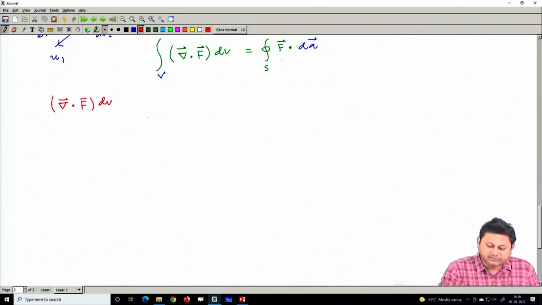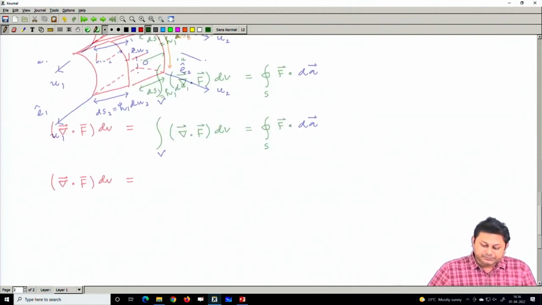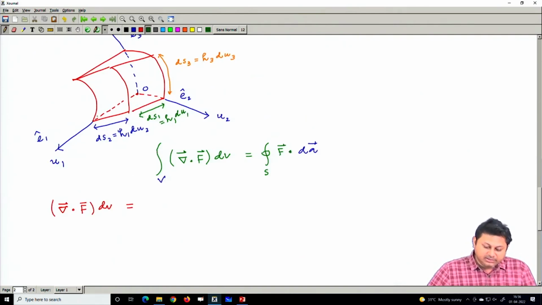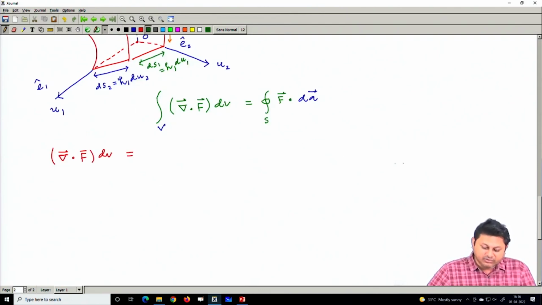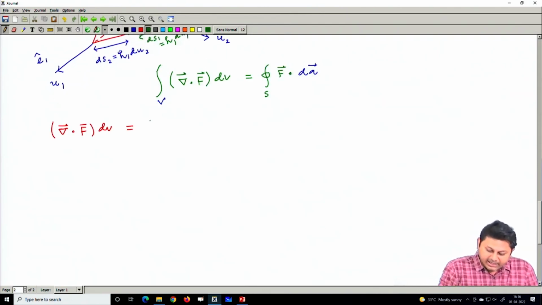So, I am just calculating this flux, I am not going to integrate and calculate this in the right hand side. So, I have this volume element, whatever the volume element is shown here. So, I need to integrate it over this surface, whatever the surface. So, again we have 6 surfaces here, and for these 6 surfaces I am going to calculate the right hand side,